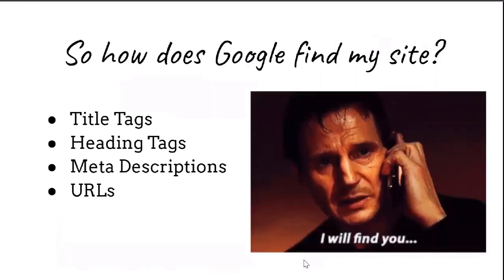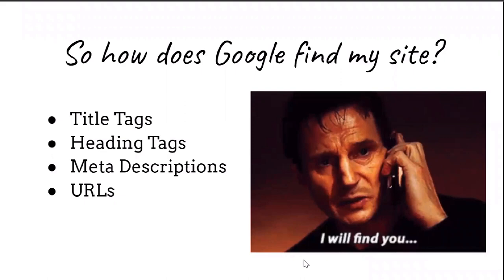So now we get into a little more of the technical. I know I said technical is different, but the technical side of the on-page SEO. Every page on your website should have a title tag. It is the title of your page that shows in the Google search results. Your title tag should always contain your keyword or some kind of variation of it, your name or something like that.